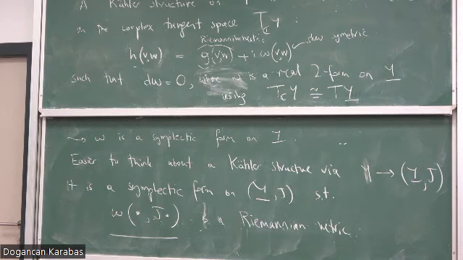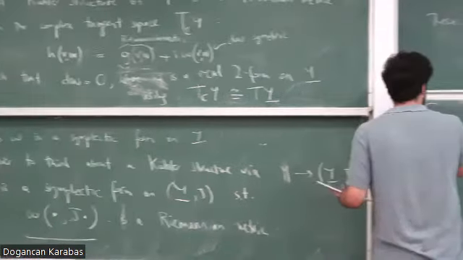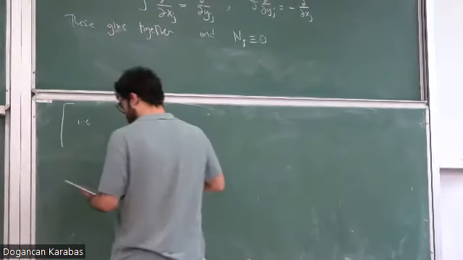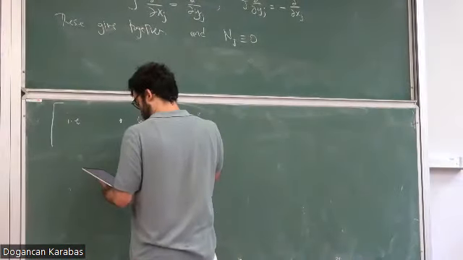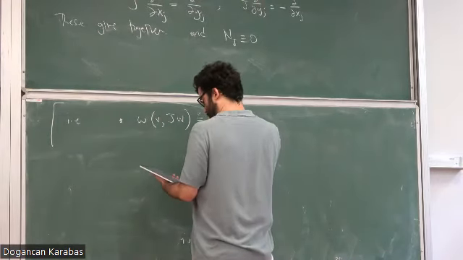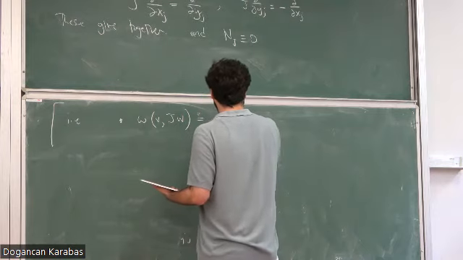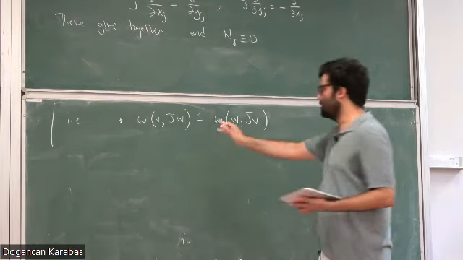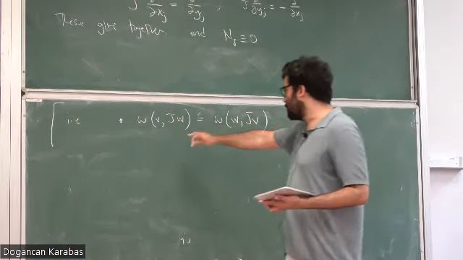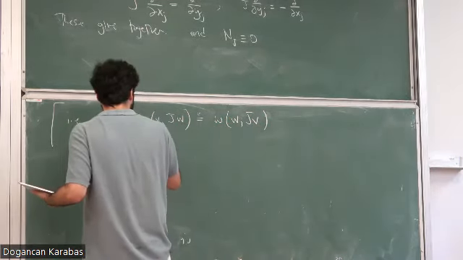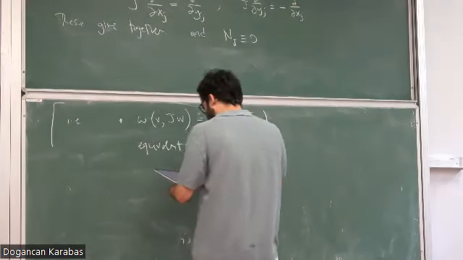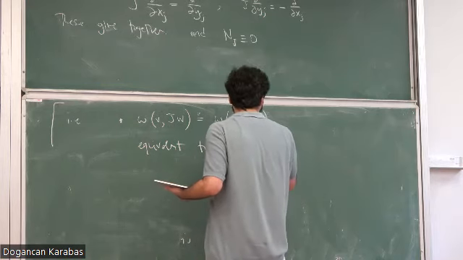Okay, so this means, i.e., omega(V, JW) equals omega(W, JV). So, the symmetric property of the Riemannian metric. Okay, and this is equivalent to J preserving